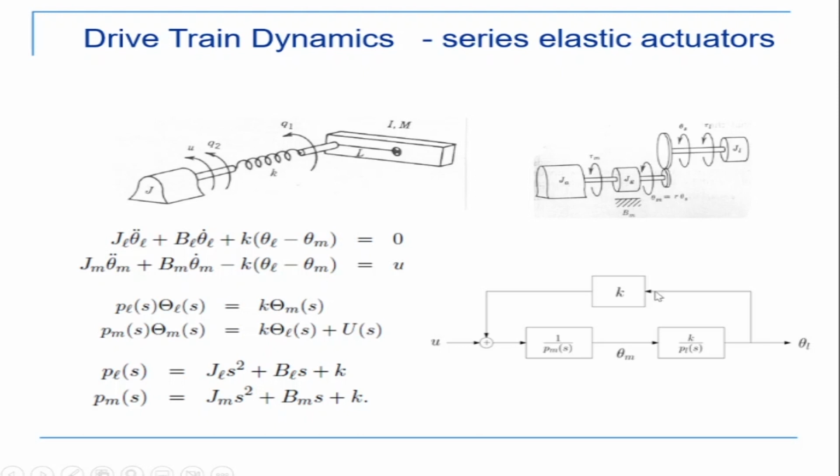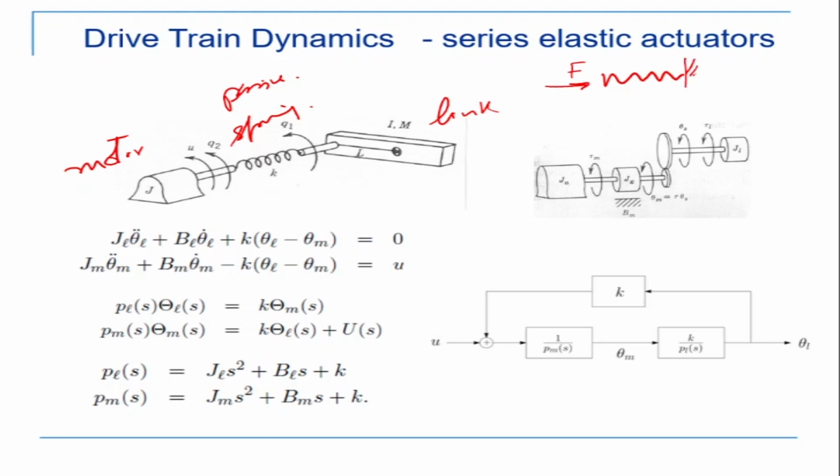Okay, so here we have a system in which we have a motor at one end. So this is my motor, and we have the link on the other side, and we have a spring which is here. Now please note that this is a passive spring. What is the meaning of this word passive spring? It basically means that if you have a spring, let's look at this example here. So I have a spring like this. This is a linear spring. I give a force F. This one end is fixed, and it deflects by a small amount del x.